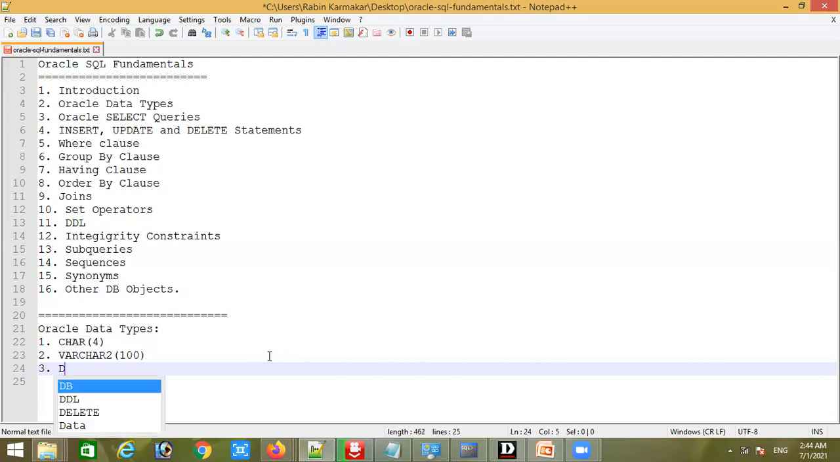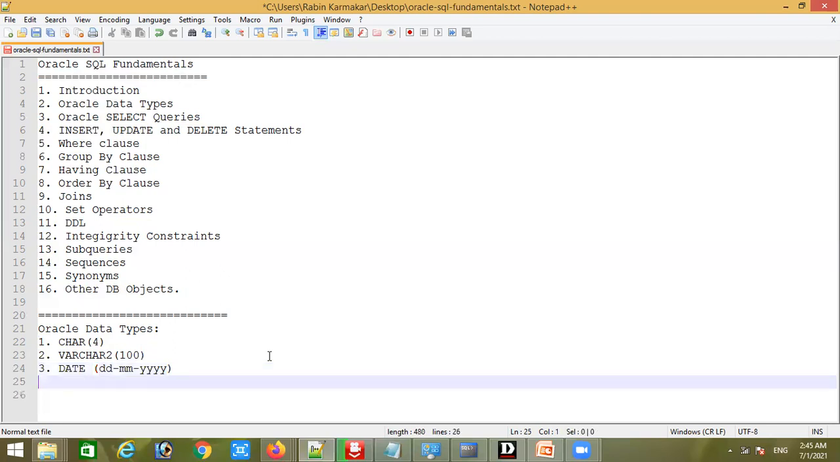that is date. Date is a completely separate data type, and the usual format is ddmmyy. Okay, this is the usual format of date in Oracle. So two digits for day, two digits for month, and four digits for year. Okay, so this is the third data type. And